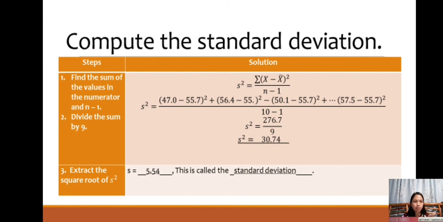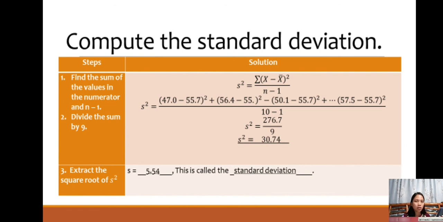Okay, sorry, that is minus, not plus. 50.1 minus 55.7 squared plus 60.2 minus 55.7 squared plus 48 minus 55.7 squared plus